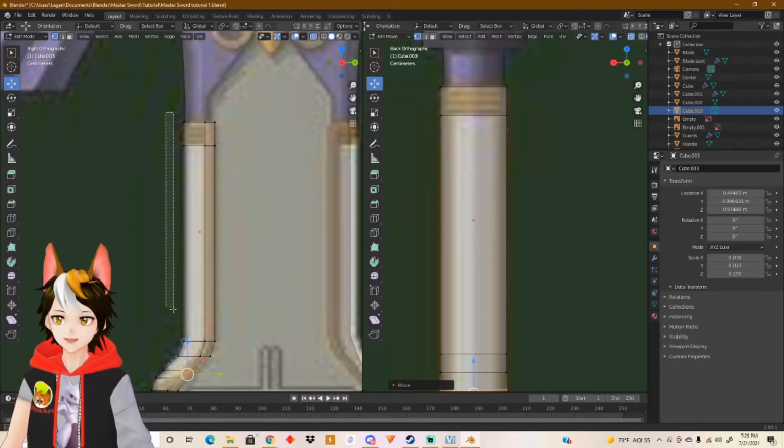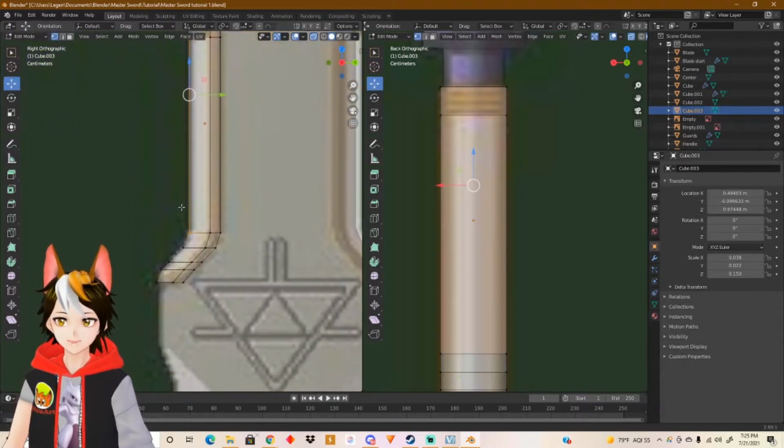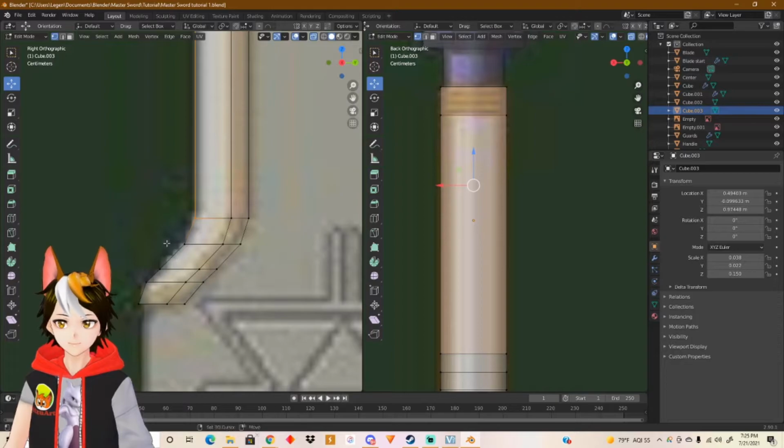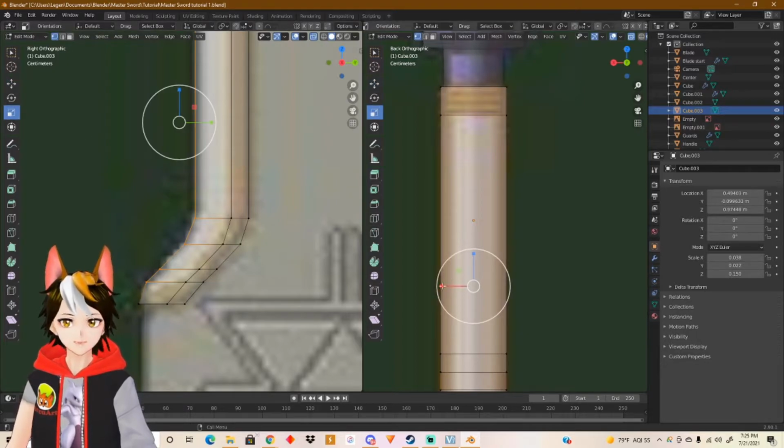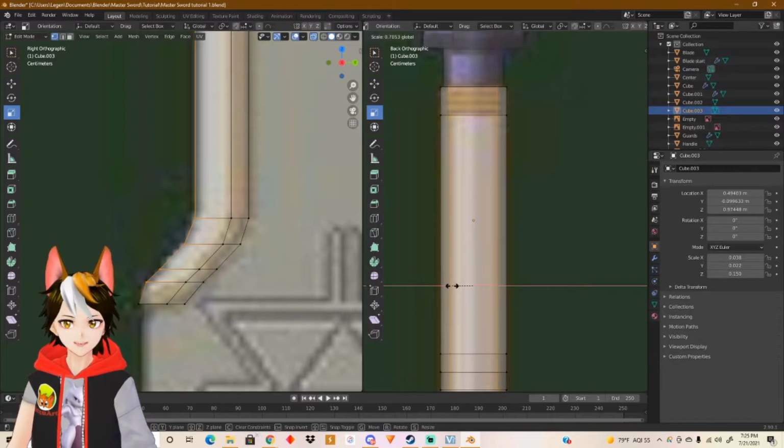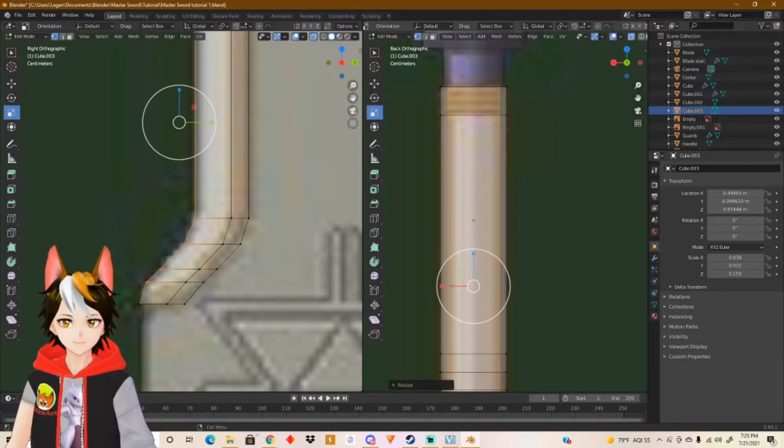Then we're gonna have to select all of this right here. Select these vertices, every single one on the outside here, and then scale them. So scale them on the x-axis here, about right there,